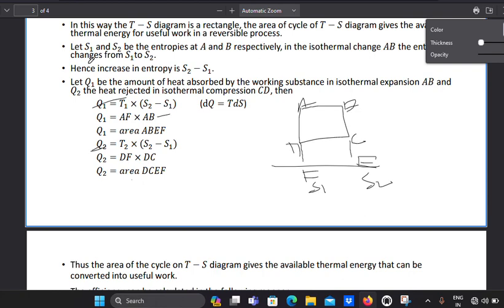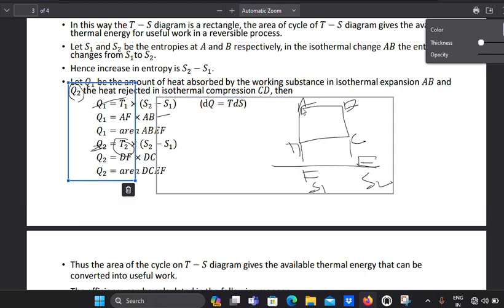So the heat energy in isothermal compression is Q2, and its temperature is T2, the lower temperature, the sink temperature. And dS is the same change in entropy. In the place of Q2 the same is written, but in the place of T2, DF is written. So according to the diagram,